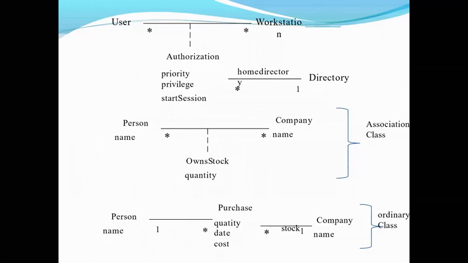So in your exam you may get problems, there are many questions which have already come up. You can get a question where you have to give a suitable example with the UML notations with respect to your class model and multiplicity, or with respect to your class model and association class. They can give this kind of questions. Otherwise they can ask you to explain with an example in the class model your bags and sequences. This kind of question used to come, and we will see many more examples in the next class.